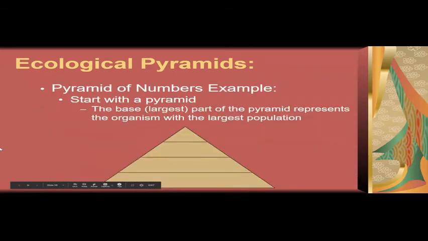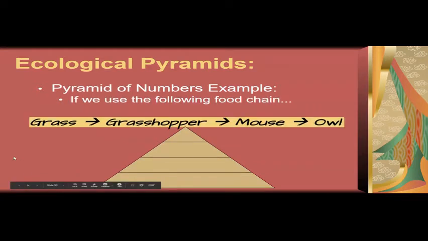So here's an example of a pyramid of numbers. We need to start with a pyramid. The base, the largest part of the pyramid, represents the organism with the largest population. And the top, the smallest part of the pyramid, represents the organism with the smallest population. And so if we use the following food chain, grass, grasshopper, mouse, and owl,